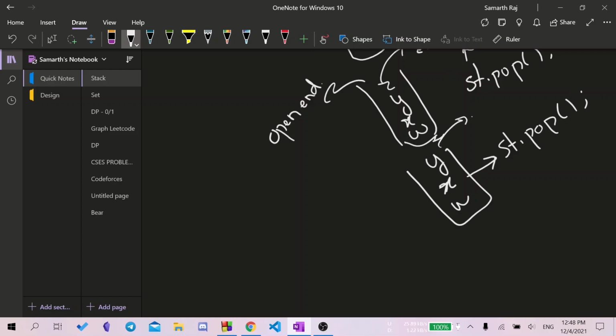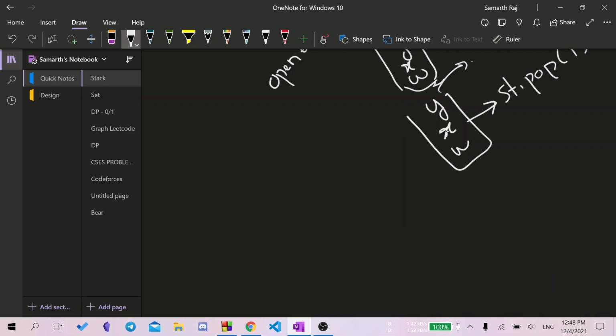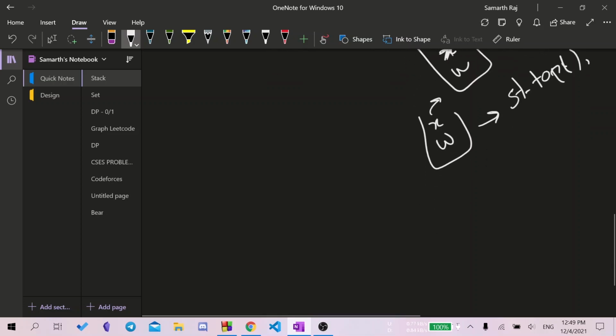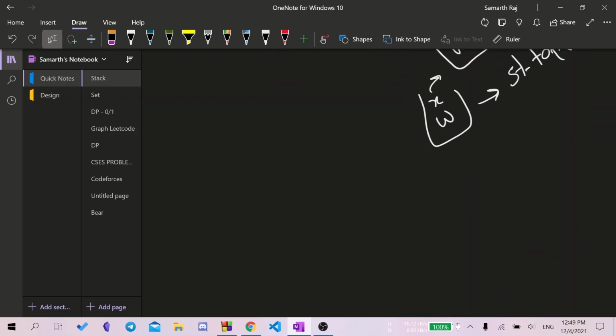ये एक और एलिमेंट हटा देगा। और अगर मुझे देखना है कि अभी मैंने पॉप किया, तो अभी मेरा कंटेनर ऐसा दिख रहा है, x और w, और अगर मुझे देखना है कि अभी टॉप पे, मतलब सबसे ऊपर का एलिमेंट जो मुझे खाना है वो x है कि नहीं, तो उसके लिए मैं प्रिंट कर दूंगा stack.top। ये ऑटोमेटिकली हमें जो सबसे ऊपर एलिमेंट होगा स्टैक में वो दे देगा। तो यही इसके कुछ बेसिक ऑपरेशंस हैं, और अब मैं चाहता हूँ कि आप इसका प्रैक्टिकल नॉलेज भी रखें।